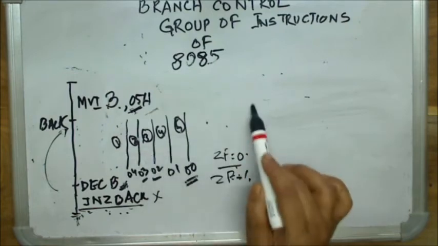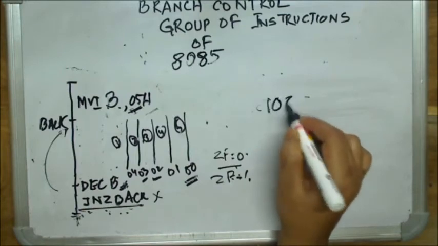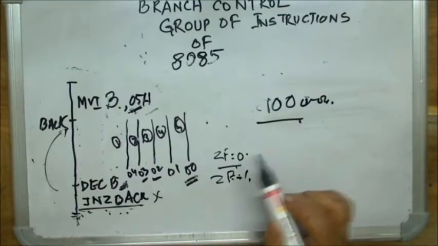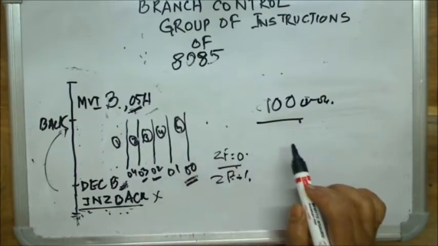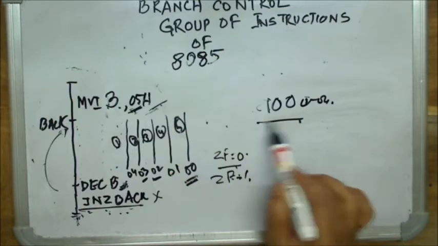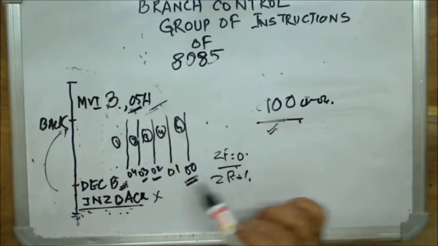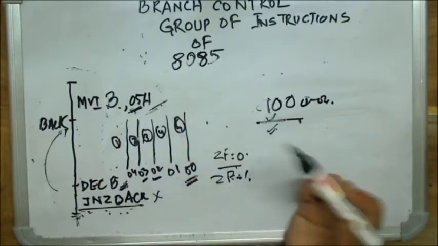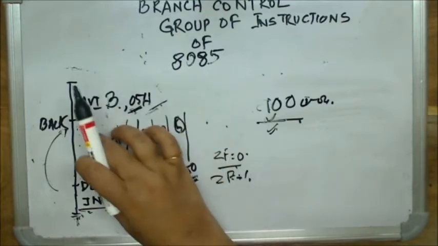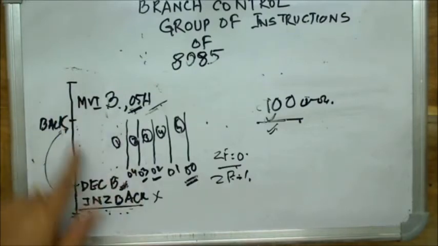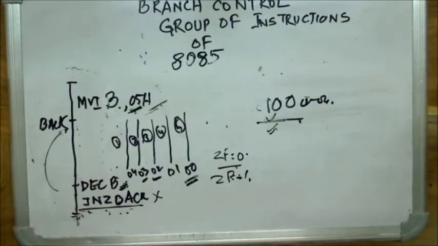So if you are going to add 100 numbers, I will write a program to add one number, put it in a loop, and with the count of 100, not 99 or 101, I will initialize a counter with 100 and go on adding the numbers until the count reaches 100. If I write a program to add one number and continue it in a loop 100 times, then the number gets added 100 times. This is how the loop works.